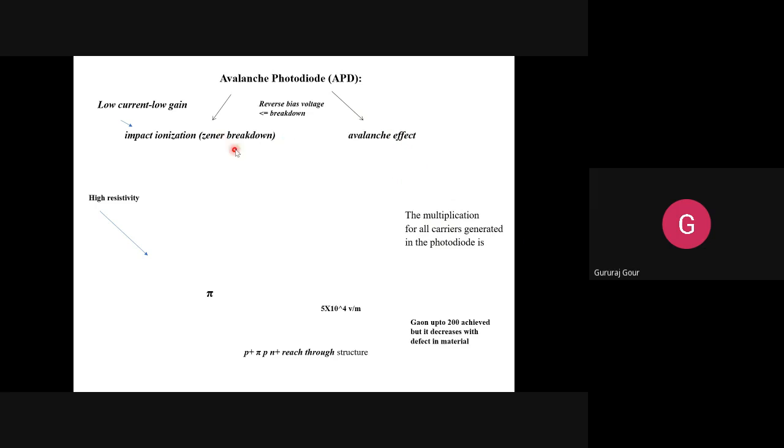Try to understand here. What is the condition required? Reverse bias voltage just beyond the reverse bias region, that is, nearer to the breakdown or in the breakdown region. So try to understand these two phenomena. The impact ionization makes the EH pairs achieve the saturation velocity. That is what is happening in impact ionization.